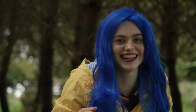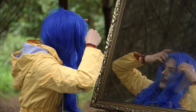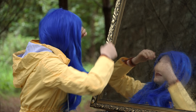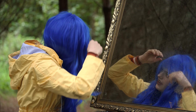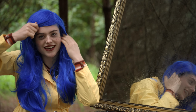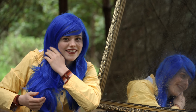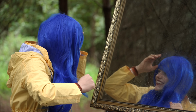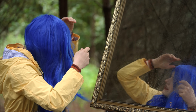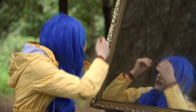This does not look realistic. Okay, wait, how am I? Okay, there's sort of a fringe here. Oh, this is making me feel really itchy. I don't like it. Okay, does the fringe go like this? Like a 2012 Minecraft YouTuber? Like that? Or do I maybe do a bit of a swoopy, a bit of a...